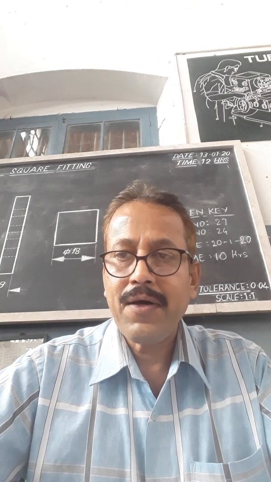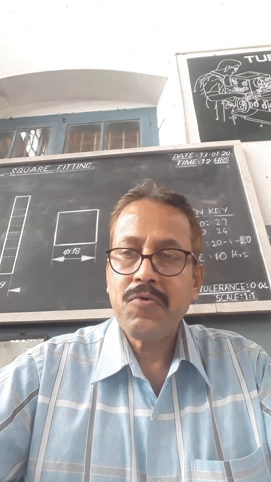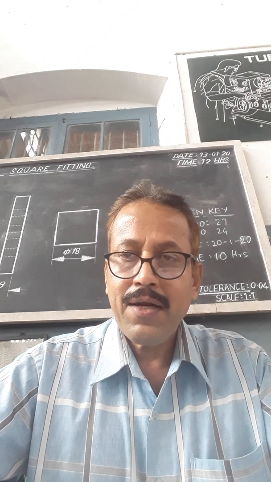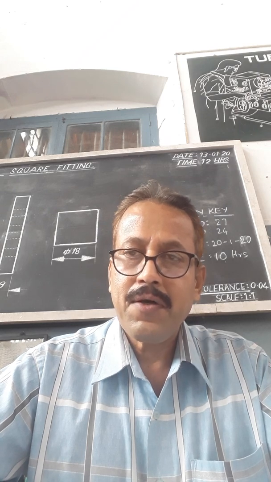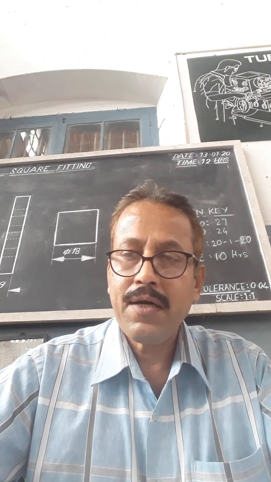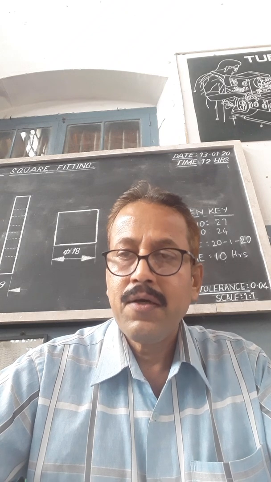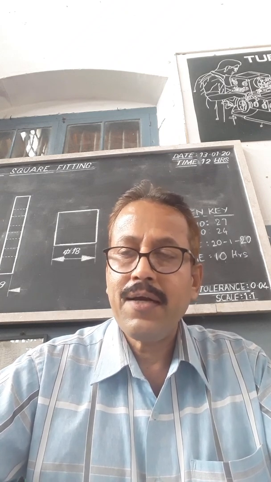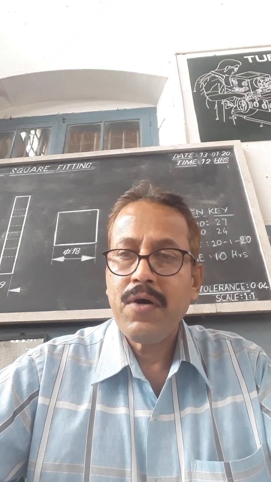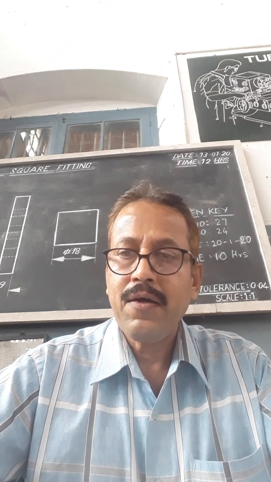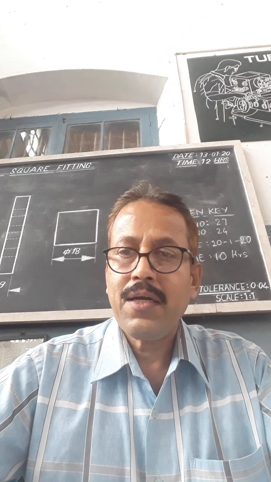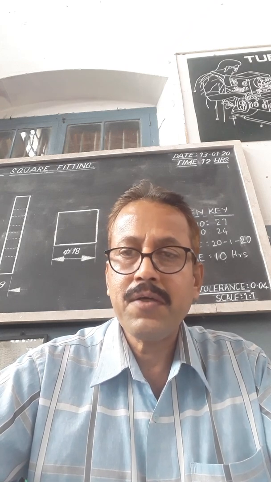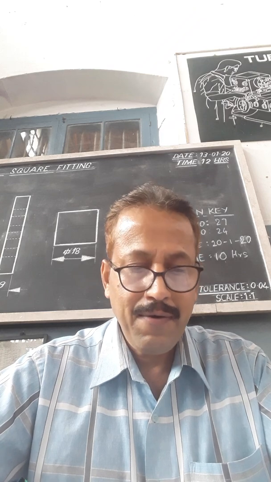So in a double-ended plug gauge, one end is the go end and the other is the no go end. One end shows the maximum permissible dimension, and the other end shows the minimum permissible dimension. So this is a double-ended plug gauge. In a progressive plug gauge, there is a single end, and the go and no go ends both come on the same end. First the go end enters and then the no go end. In case the no go end enters the hole, that means the hole is bigger than the size.